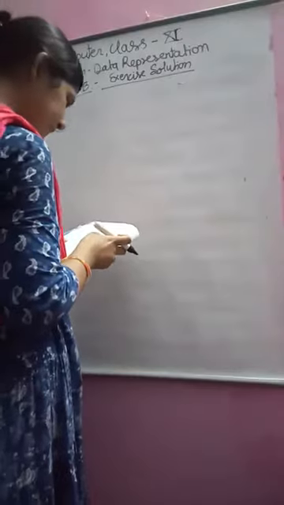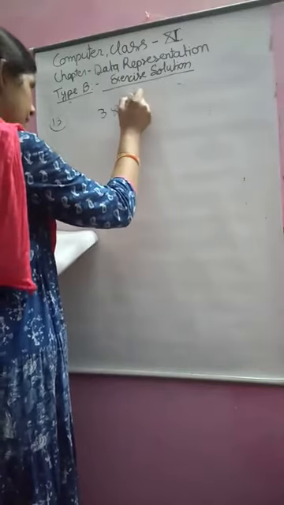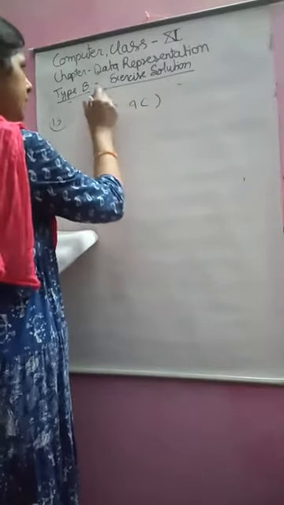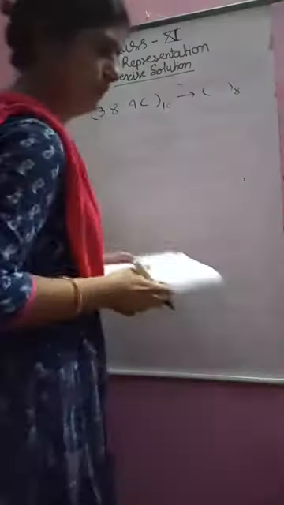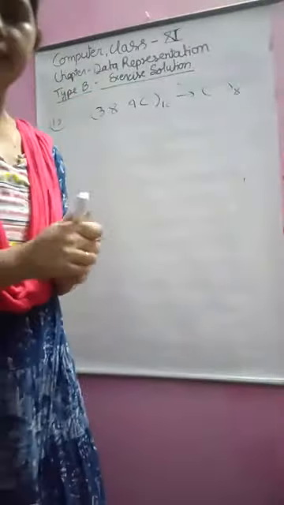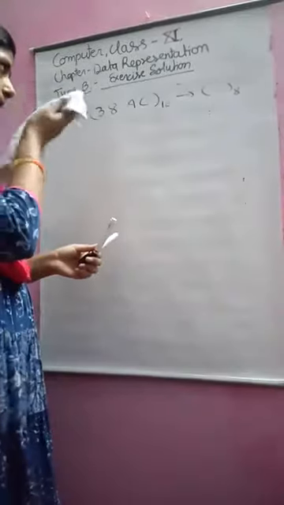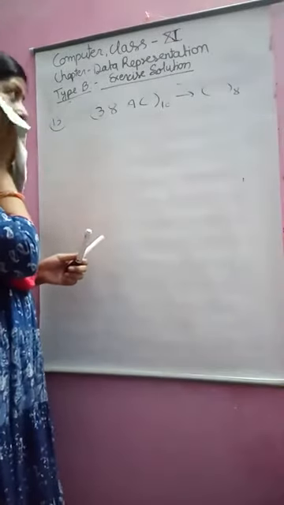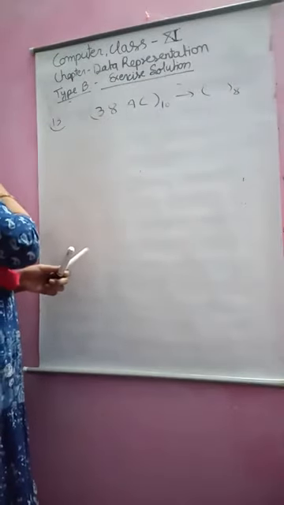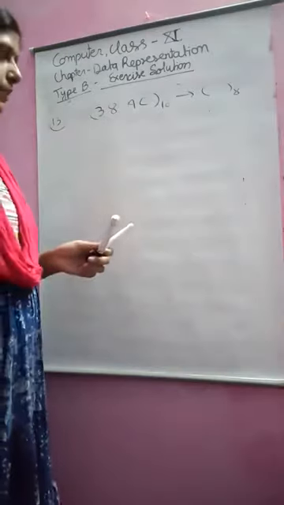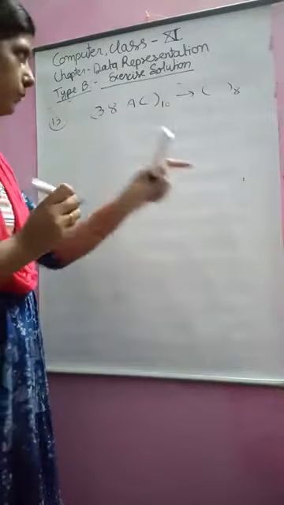Convert the following hexadecimal number to the octal number. 38AC. It is in hexa. हमें octal चाहिए. Now, keep in mind, there is no direct conversion from hexa to octal. Either you have to convert this hexadecimal number to the decimal number, then convert it to the octal, or convert this hexa to the binary and then convert it to the octal. And this is more convenient, convert the hexa to the binary, then convert it to the octal.